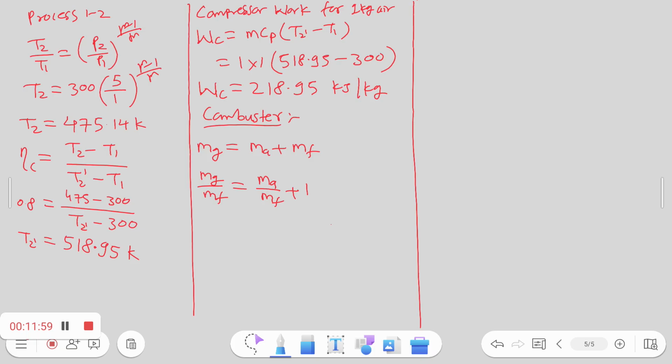Okay, so put this value, it is 60 plus 1. So mg means what? mg by mf is equal to 61. Okay, now this mg is equal to 61 multiplied by mass of fuel, right? So for mass of fuel I can write